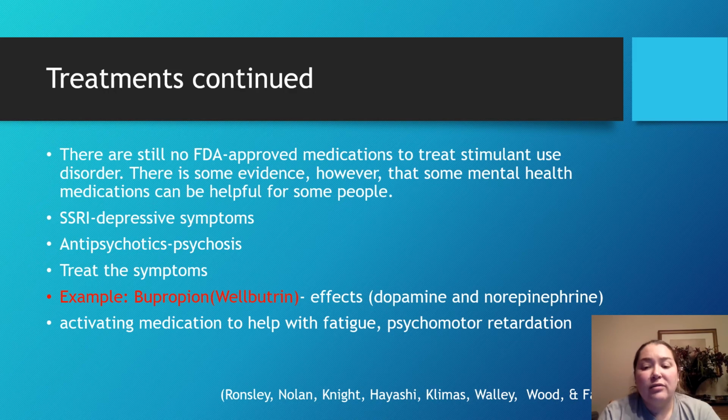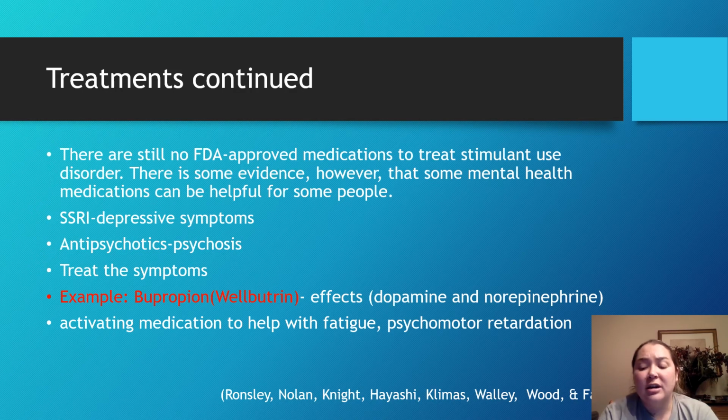There is some evidence, however, that some mental health medications can be helpful for some people. These include SSRIs for depressive symptoms, antipsychotics for the psychosis, and you definitely want to treat the symptoms. An example of a medication that can be used is bupropion or Wellbutrin. It affects the dopamine and norepinephrine levels, and it has that activating response to help with the fatigue and psychomotor